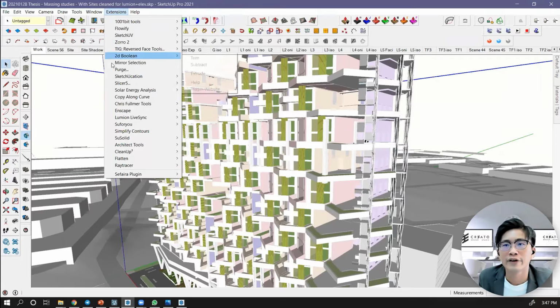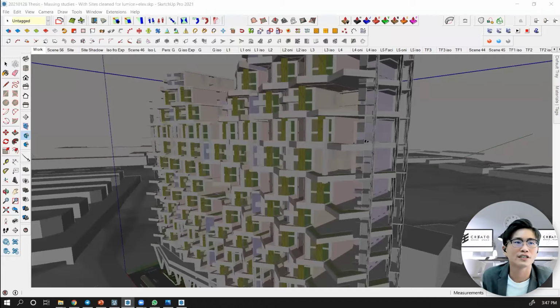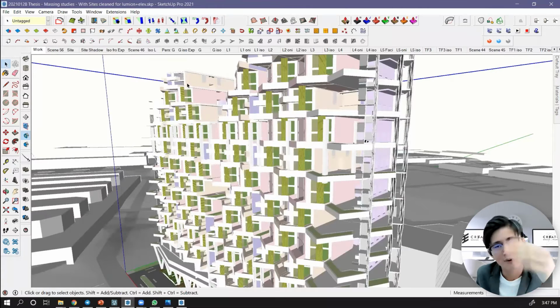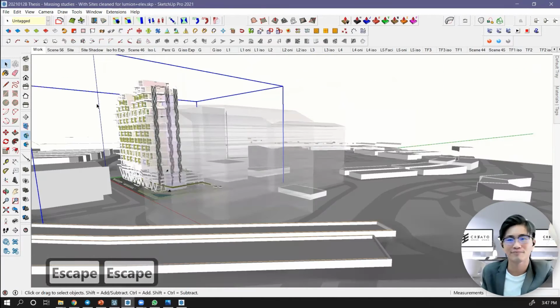You can either go to Purge, or there's a similar plugin called CleanUp. This will clean up the linework that is not necessary, those unused things. I give you the keywords so you can explore every detail: purge, clean up, shorten your learning curve.